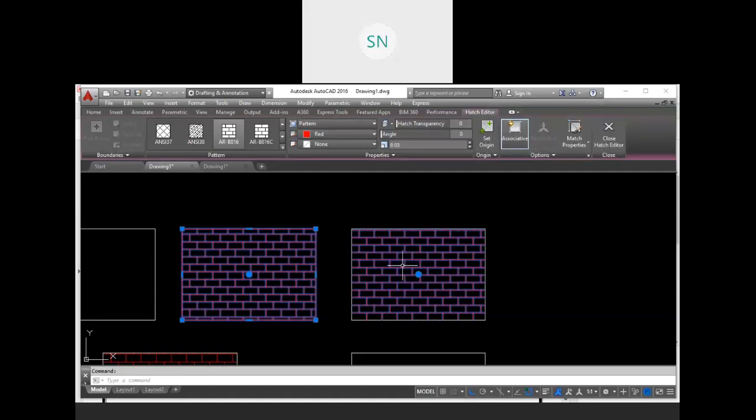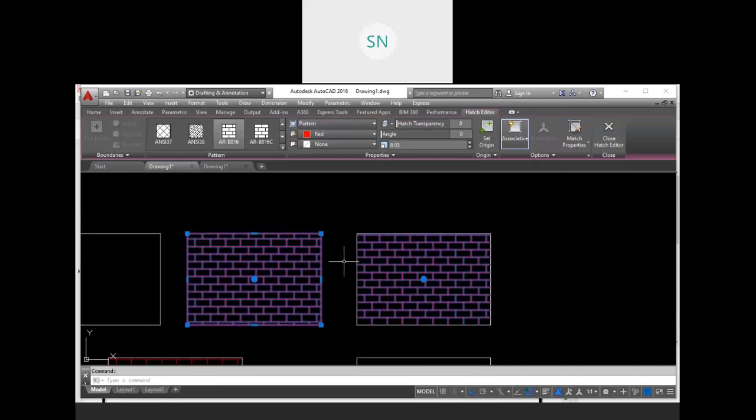Okay, let me tell you. With one example, I'm going to explain. For example, you can assume this hatch as an ice cube and this hatch as liquid water. An ice cube has its own boundary. An ice cube is not able to change its shape, but water is flexible, right? In whatever bucket we fill that water, it will take that shape. So this hatch is like liquid water and this hatch is like a solid ice cube, right?